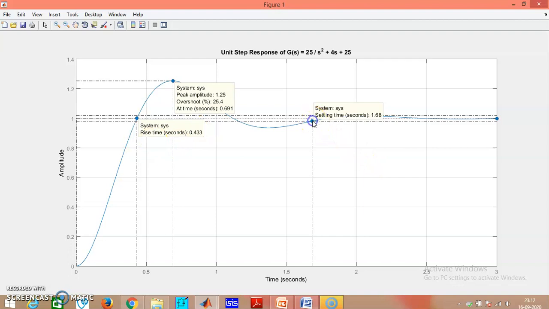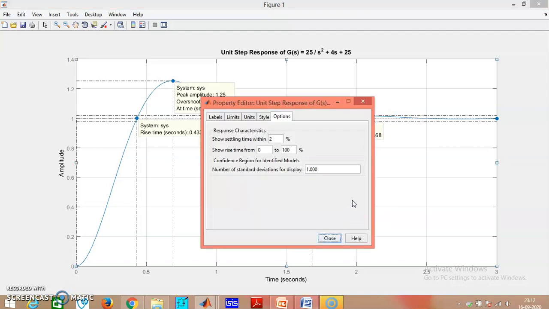This is settling time. Settling time is 1.68. Now again, the settling time is based on the tolerance band, so you can change the percentage of the tolerance band. So this was for 2%.